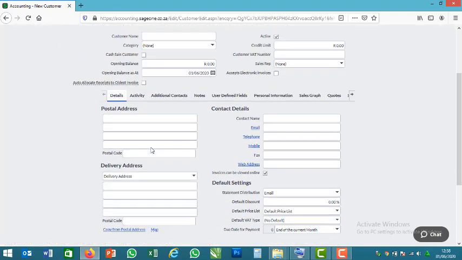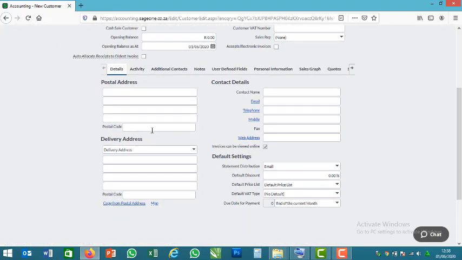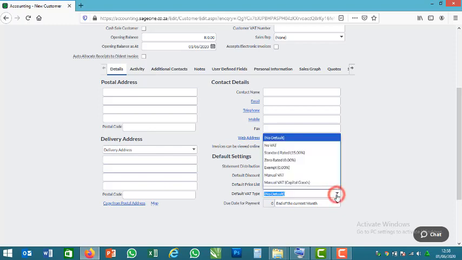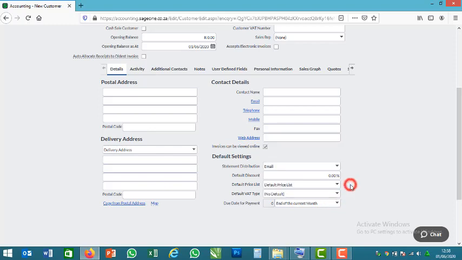And here is other information that may be needed per customer, from the postal address to the delivery address, their contact details, and default settings on statement distribution. Is it by email? Is it by printing, or print and email? You can select all these. Their price list, likewise the tax. You can set it up just for an easy accounting process. So once you fill out all this, you'll be able to go to the next